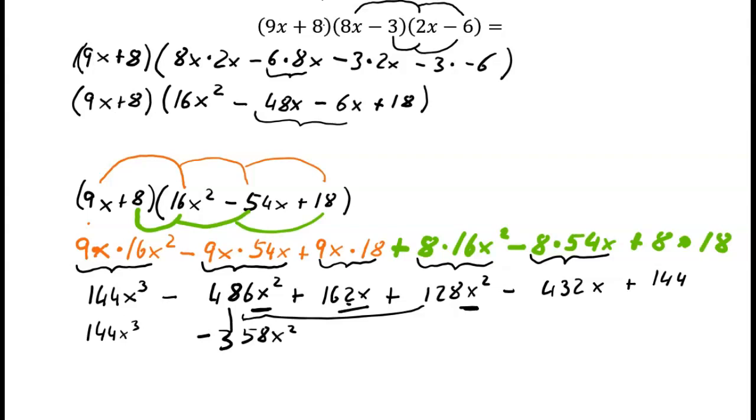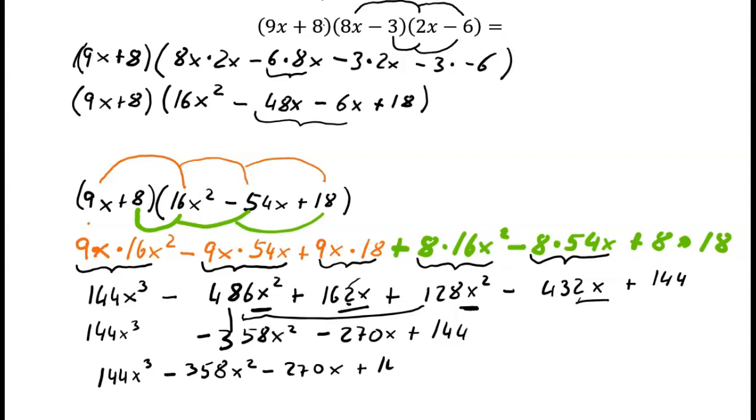And then we've got simple x and simple x here. So we've got 162x minus 432x. And that gives us minus 270x plus 144. That's our last expression here. So as a result, we get 144x cubed minus 358x squared minus 270x